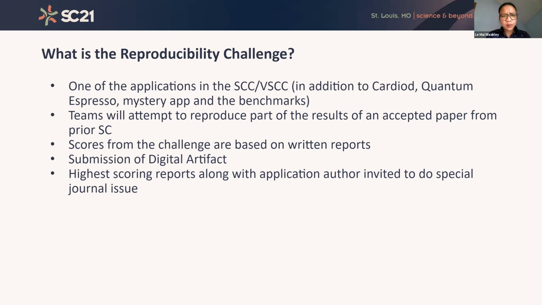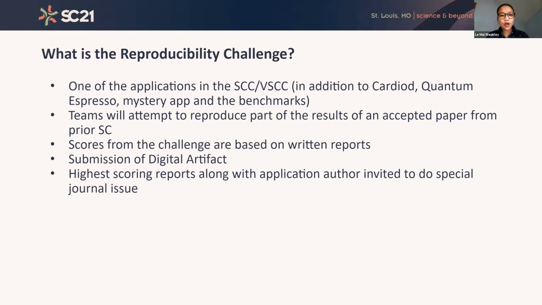What sets the reproducibility application apart from the other applications and the benchmarks that you'll be running in the competition is that instead of your scores being based on the results that you find, the scores from the challenge are based on the written reports that you will submit, along with a digital artifact that contains the scripts that you run in order to do the challenge, and descriptions of how to run these scripts or how you ran them